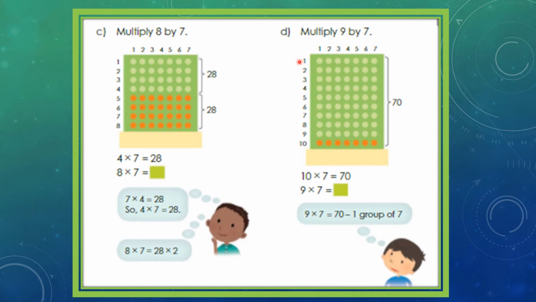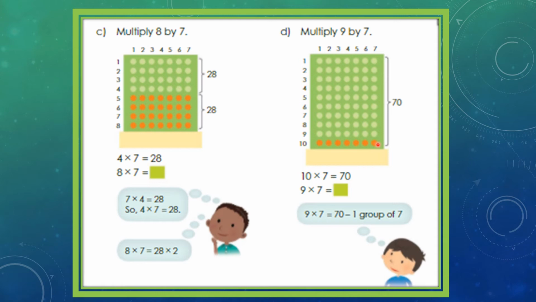As you see here, we have up to 10 here and 7. So why did we include the 10? Simply because, class, it is easy for us to multiply the 10 and 7, right? We memorized already the multiplication table of 10. So what we'll do first is start with 10 times 7 equals 70. After that one, class, if we're going to remove this